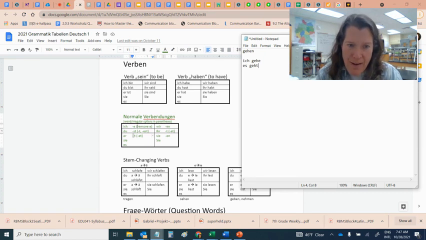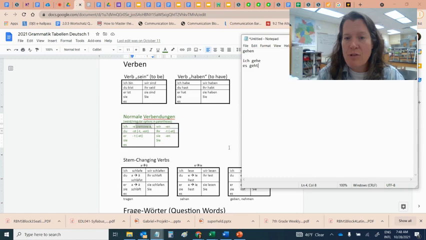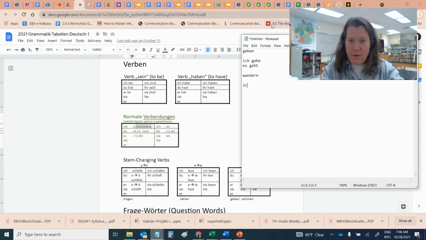Now, what's all this stuff in the parentheses? Those are not steps, and you don't do all of them. The things in the parentheses are things that you do when there are exceptions, when there are verbs that are really weird. Some verbs don't end in an en, like the verb for to hike, wandern, doesn't end in an en. So when you use it in that ich form,